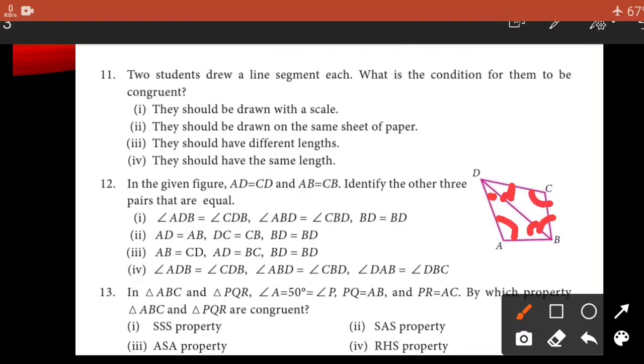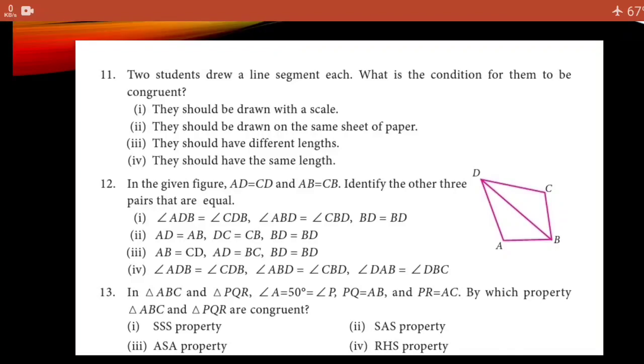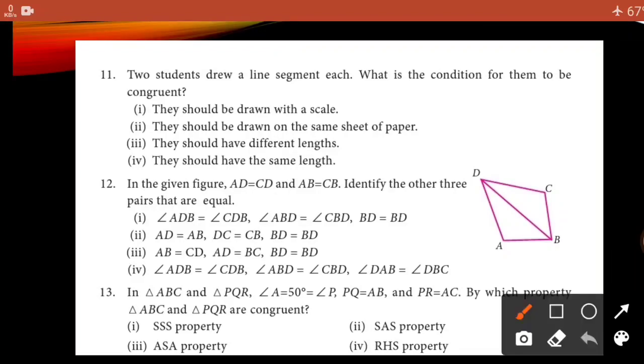Okay, while comparing these four options, we can say the answer which is equal is this first one, since we know that we have a property called ASA. Two angles and one side. In second option they have given all three sides, but we checked it, but it is not equal. Third also it is not equal, since they have given AD is equal to CD and AB equal to BC. These two options will not satisfy for us, second and third option. Fourth option they have given all the three angles. That is not our rule.